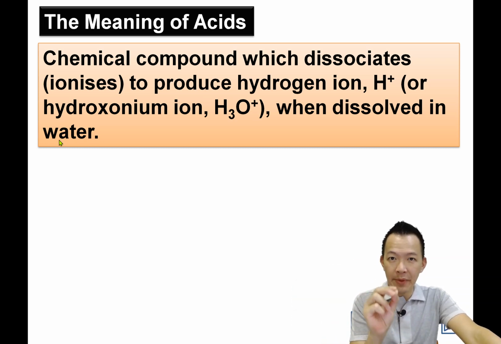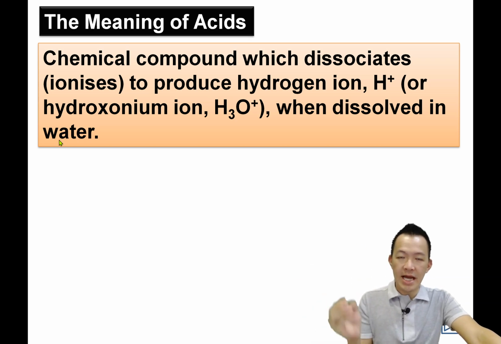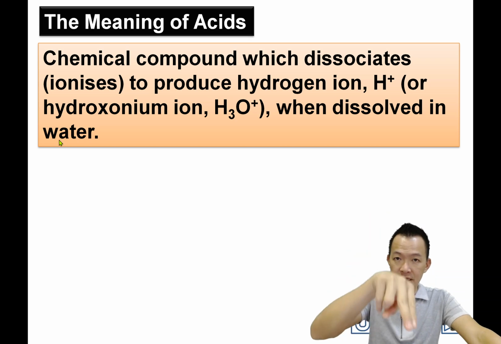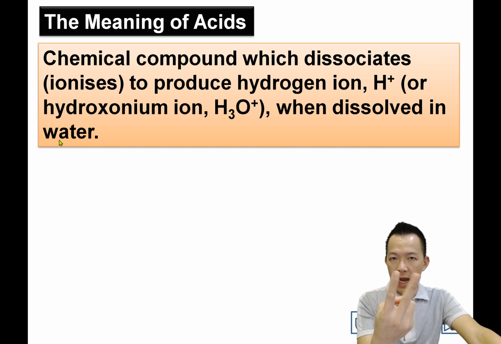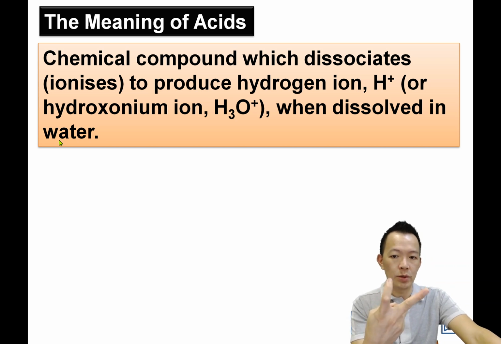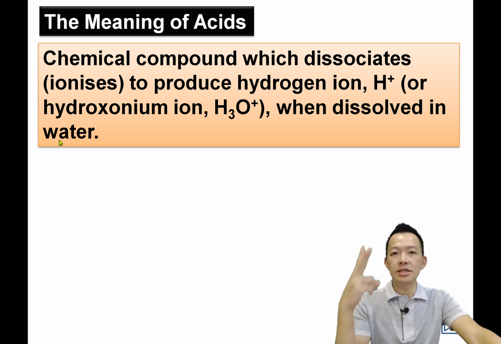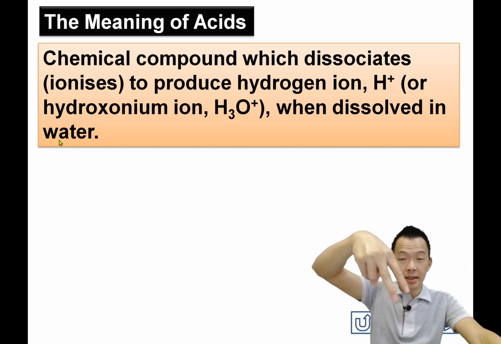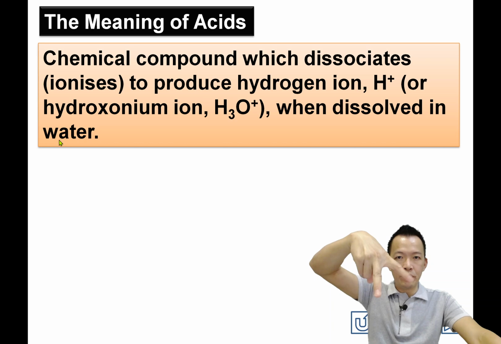They are the chemical compounds that when you put them into the water, acid 就是化学物品，when you put them into the water 当你把它放在水里面的时候，they're going to ionize in the water 它在水中呢会变成离子，and one of the ions produced must be hydrogen ion. 其中一个产生出来的离子一定是 hydrogen 的离子。So acid actually they are chemical compounds that dissociate or ionize in water 它们在水中解散，and produce